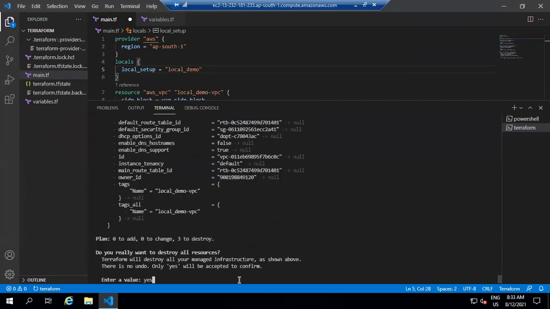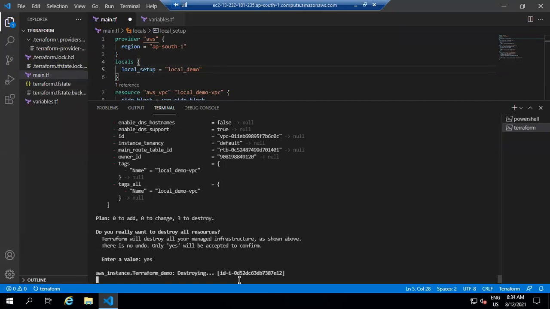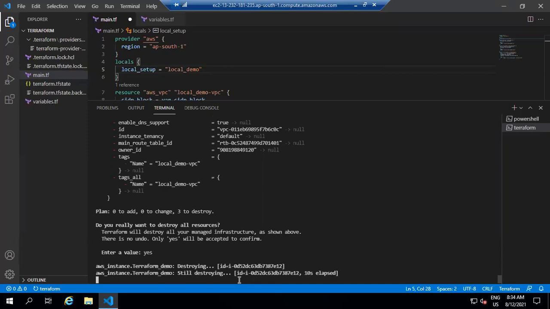So it's destroying AWS instance, AWS VPC, and AWS subnet as well.